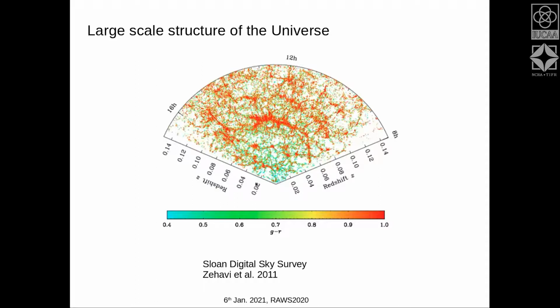So this redshift is shown along these axes. So imagine that you are standing here and you are having a look at this slice of sort of an angular sector, and you actually know the distances to these points because you have measured the redshift, and you can tell where they are. So if you put together all these points in such a plot,